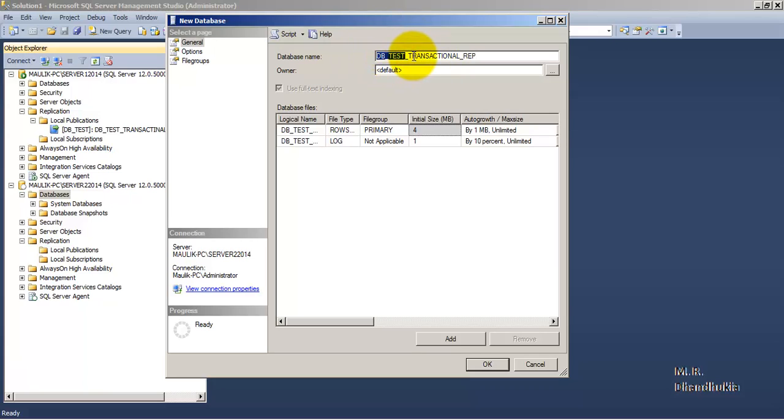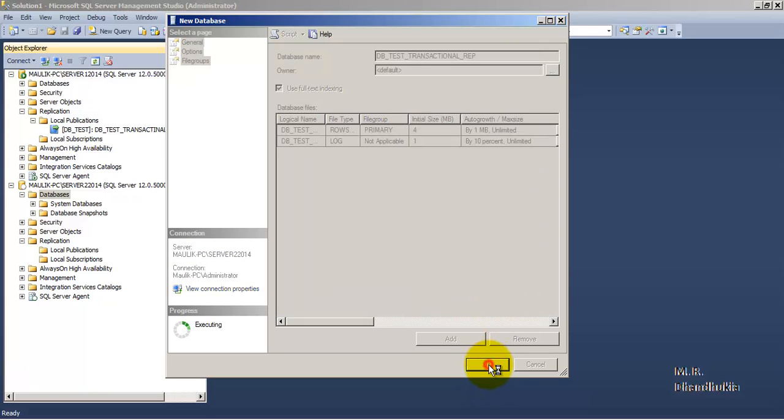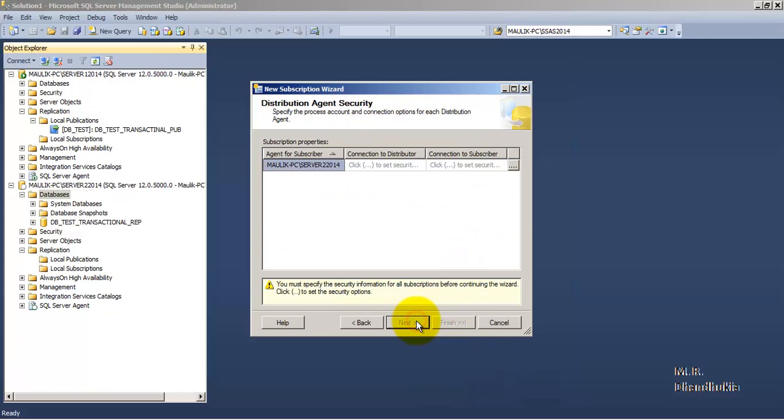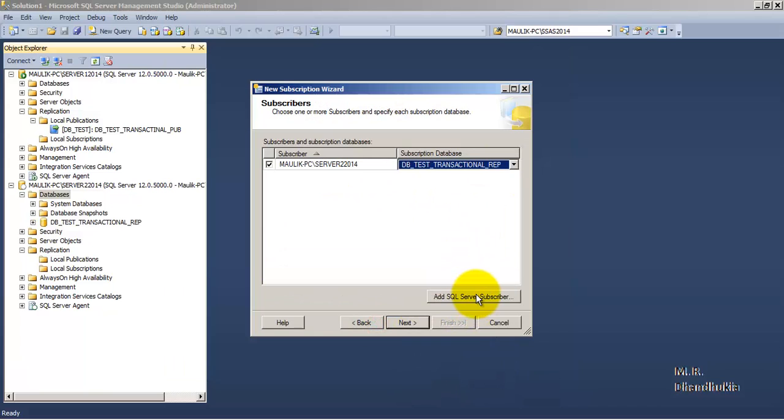This database is nothing but the db_test database, and it has been created due to transactional replication. Next. If you want, you can even add more subscribers here. Even after the whole setup is complete, you can add any new subscriber in the same way as we are adding this particular subscriber. Okay, next.